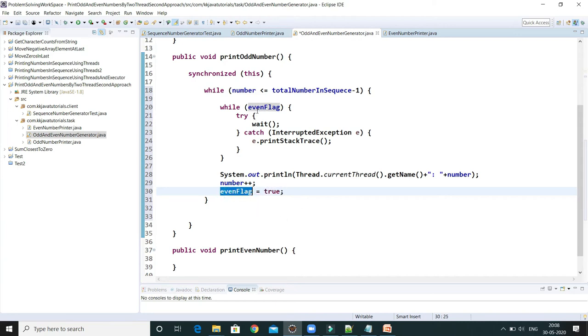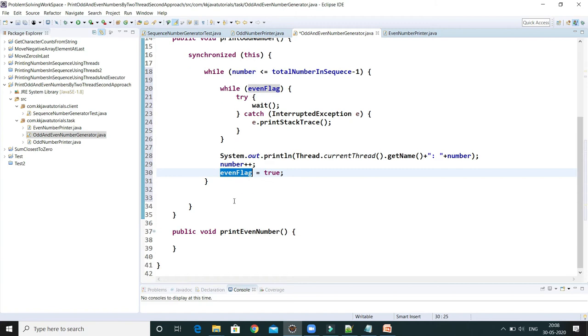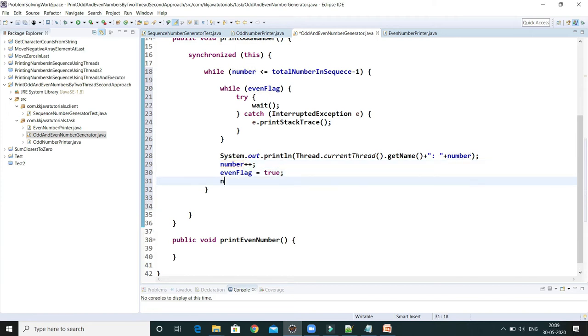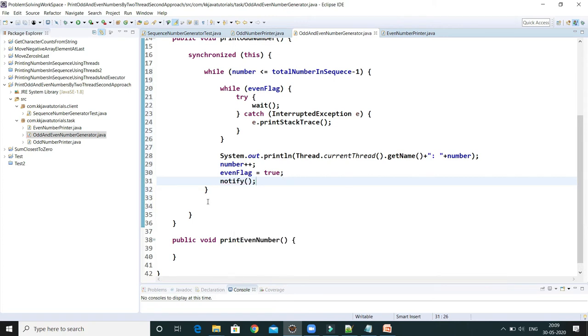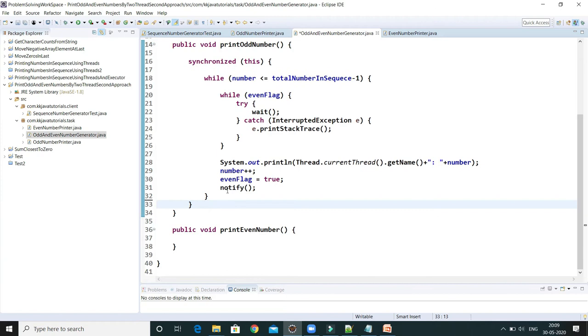If this flag is true and the same thread tries to print the number again, it will go into the wait state. Otherwise the other thread will try to print the even number, right? After this we will have to call notify. Only one other thread is waiting in the queue, so you don't need to call notifyAll, because only the thread printing the even number is in the waiting state. So just call notify.